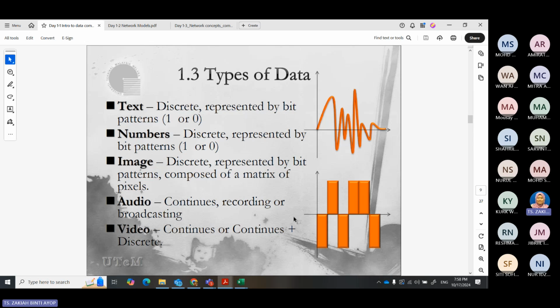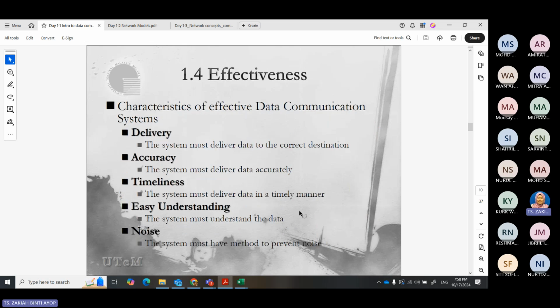Now, what are the characteristics of effective data communication systems? It's like when they tried to introduce wireless at the time, what characteristics did they want to introduce? First, delivery: the system must be able to deliver the data to the correct destination.